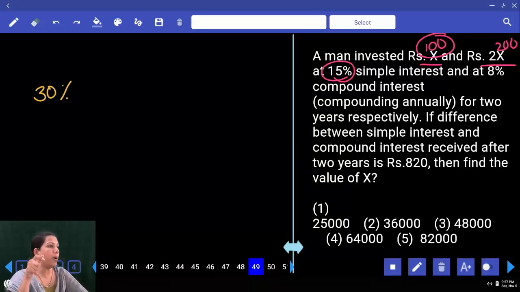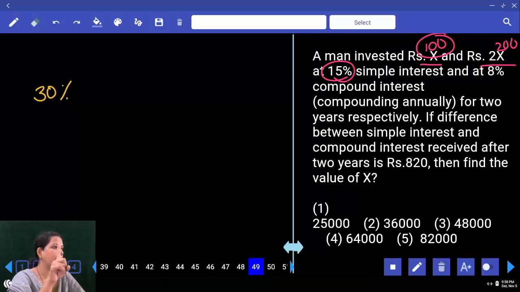Scheme B compound interest value. How much percentage? 8%. How many years? 2 years, so we need 2 successive increments. 2 successive increments formula: x plus y plus xy by 100. 8 plus 8 is 16. 64 by 100 is 0.64. So finally